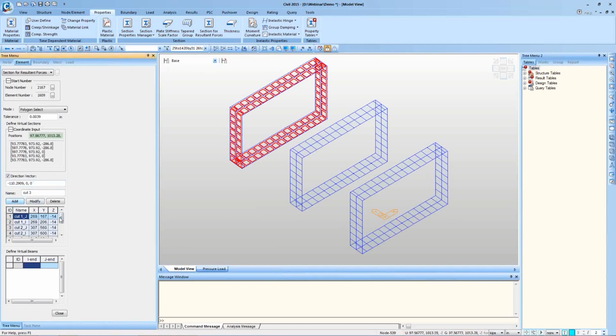Cut 3 and I click add. Now you see these virtual sections have been generated at which resultant forces will be calculated.